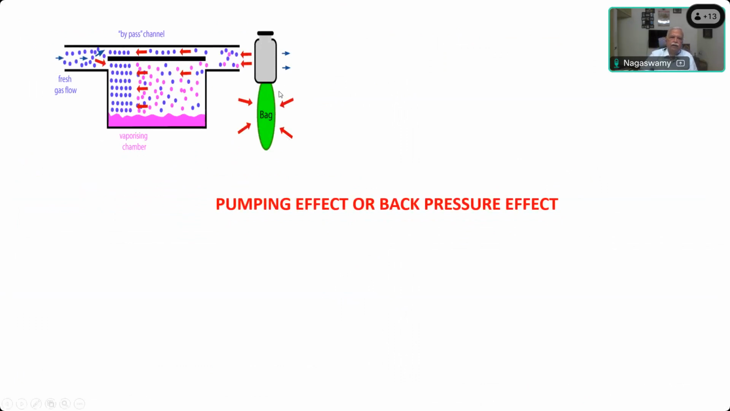Now here you can see the bag is being squeezed. So pressure is going partly towards the patient and it is partly coming out to the common outlet from the bypass chamber as well as from the vaporizing chamber, and you can see fresh gas is constantly flowing here. Because it's a variable bypass, part of the gases are coming here. This pressure is transmitted both to the bypass channel as well as the vaporizing chamber channel. And the gases, next picture, if you see,